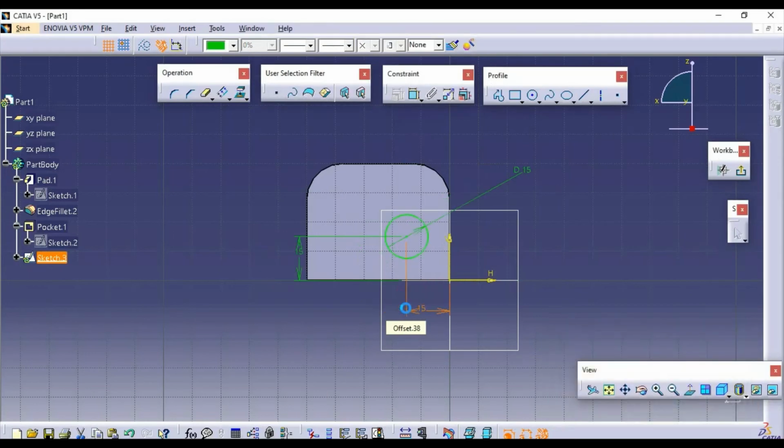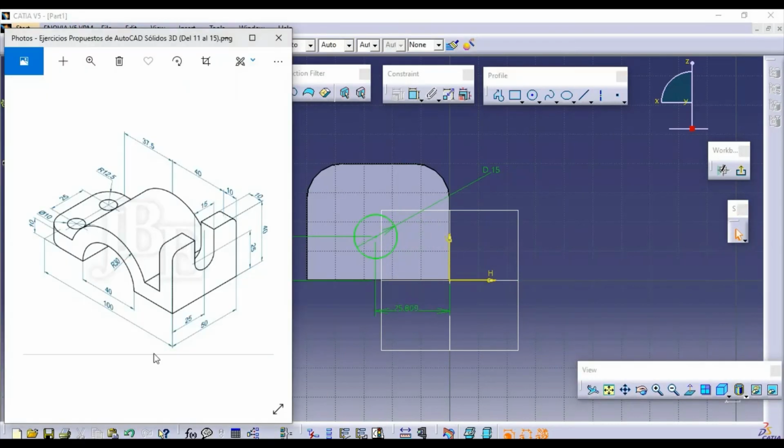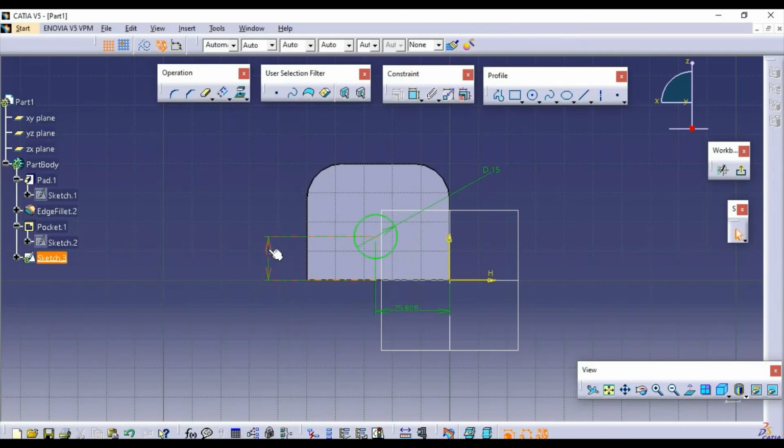The dimension here given is 25 mm from the bottom and from the side. So we will change it as 25 mm and we will align the circle.